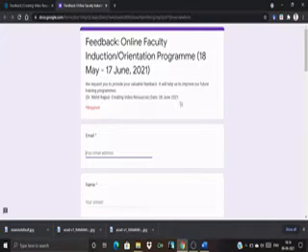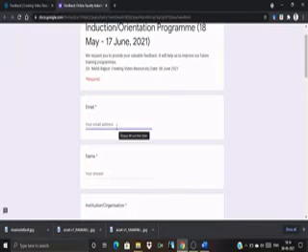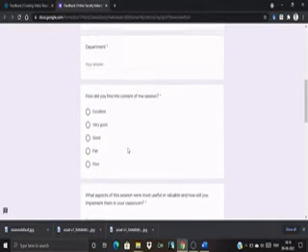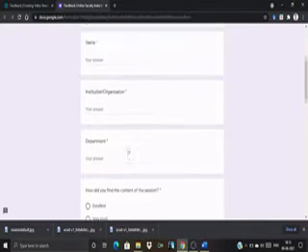There is also what is the date of the program, and we also have to see that wherever there is an asterisk mark, you have to fill that compulsorily. If you don't fill this area where they have given this asterisk mark, the form will not submit here. You will not be able to submit the form.